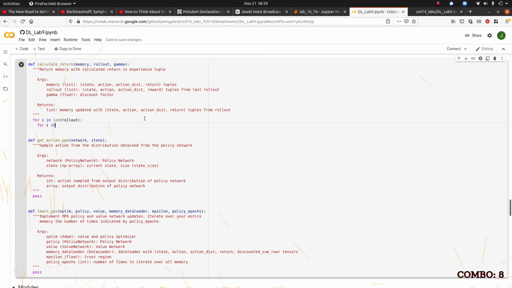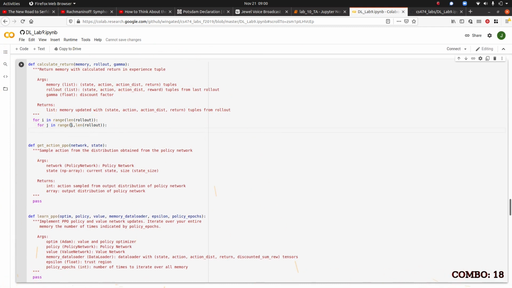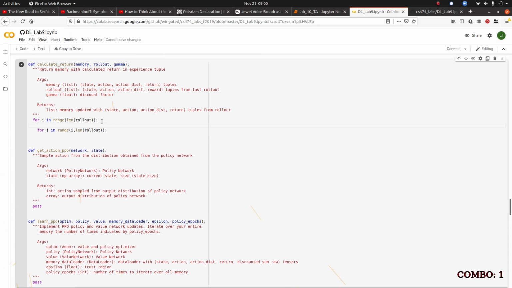For i in the range of the length of the rollout, and then for j, gosh, I'm bad at programming, for j in the range of i to the length of the rollout, then you say the return equals